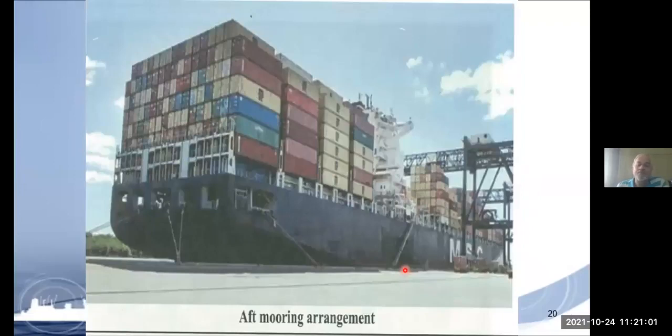Okay. Now this is also a mooring arrangement we are seeing. See here, these are the stern lines. This is the stern of a container ship. And these are the brace ropes, and these are the springs. And this is the ladder of the ship. The ship is MSC, that is the company, and this is a container ship. Okay. And this ship is tied up.